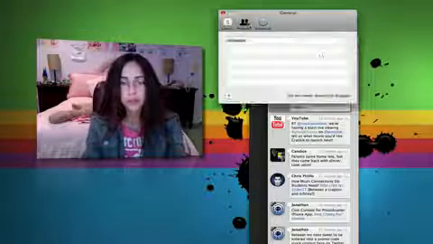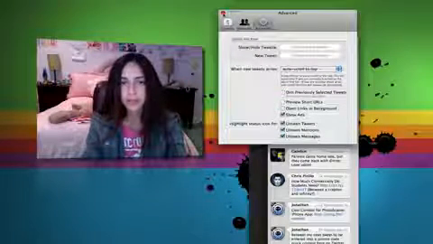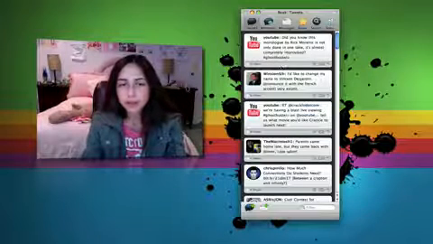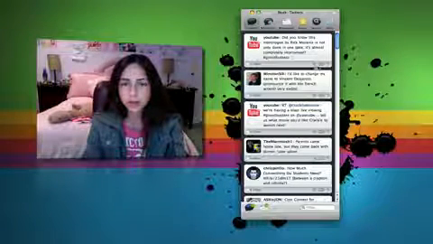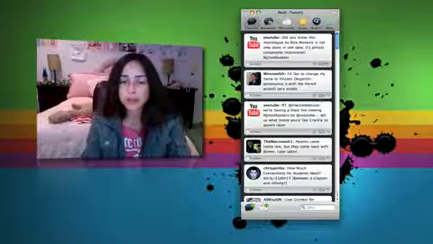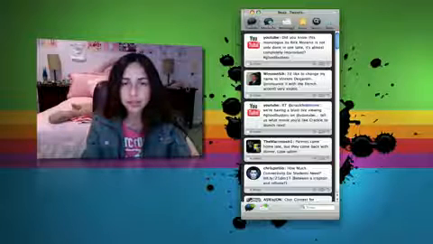Tweet also supports multiple accounts, and there's a few other options that you can change. Beak's laid out a little differently for the features. When you see a tweet, you can hover over it and you can favorite it, retweet it, reply, of course, direct message, you know, the basic things. But it also has a cool feature,